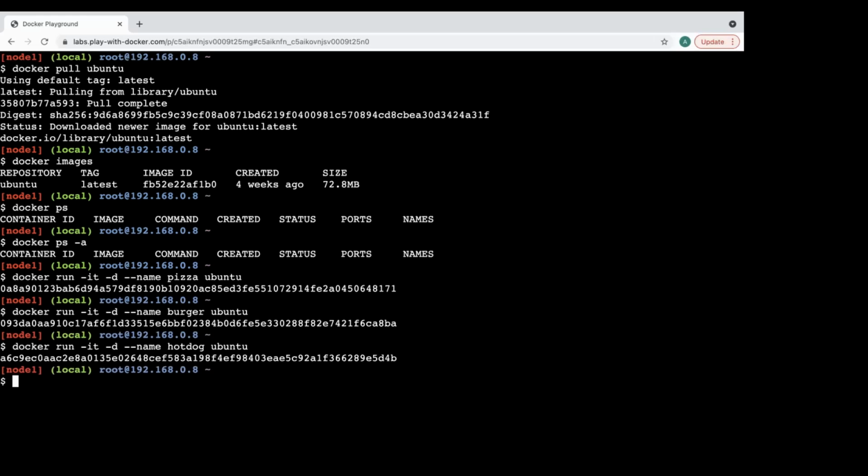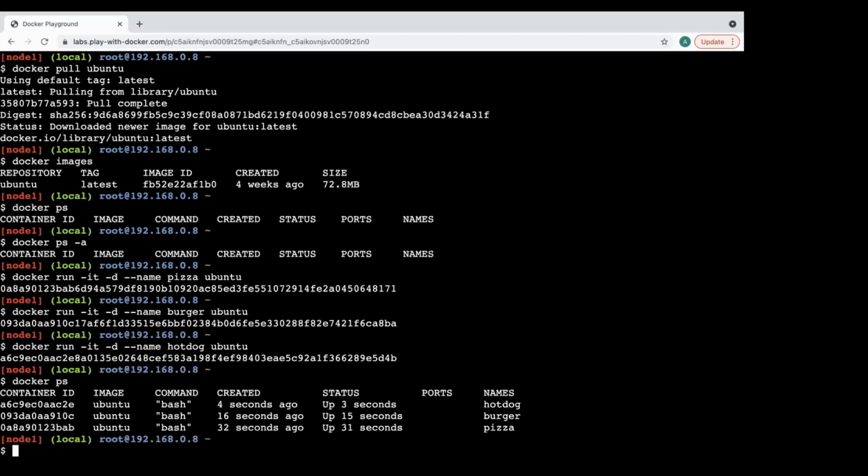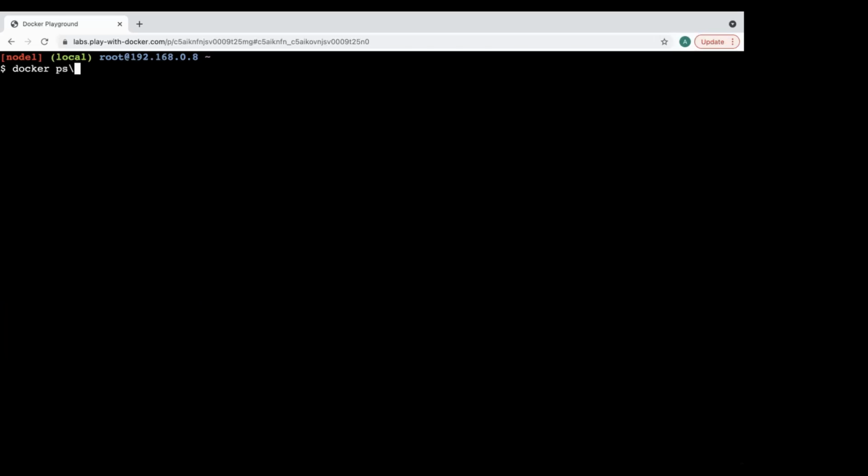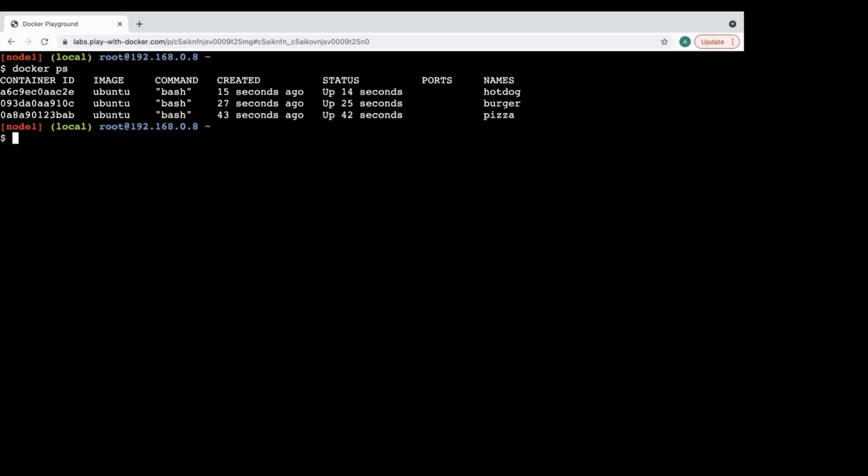Now we can say docker ps. It should show you are running three containers. So the first fundamental is that your image will be one, but you can create multiple containers. You can create n number of containers. There is no limitation put by Docker itself. They say that as long as you have the hard disk, you can do that.